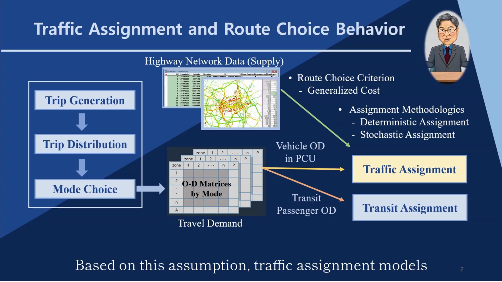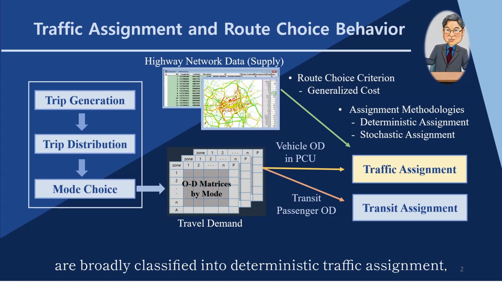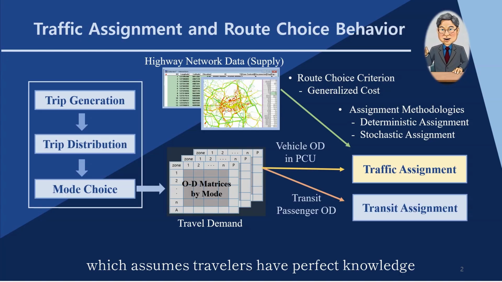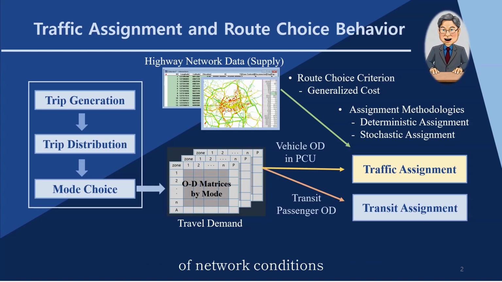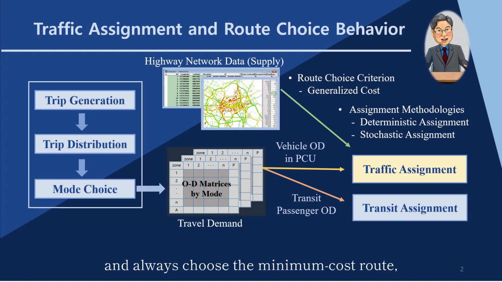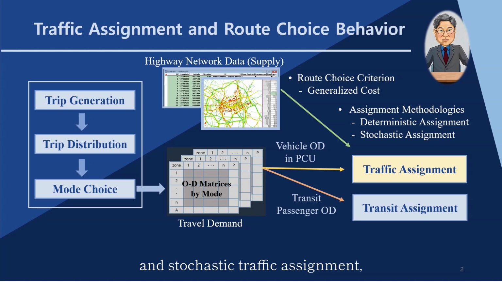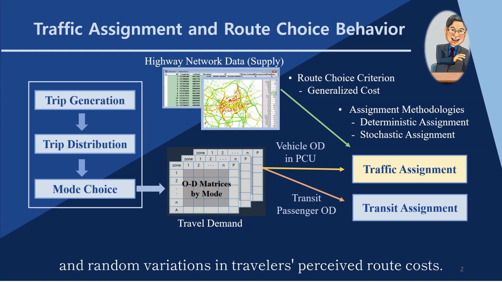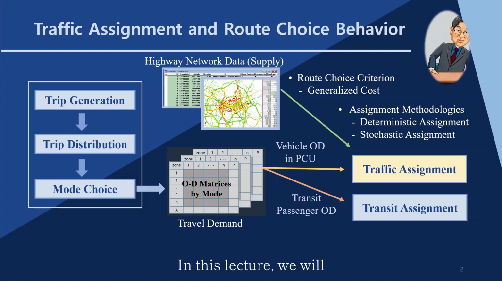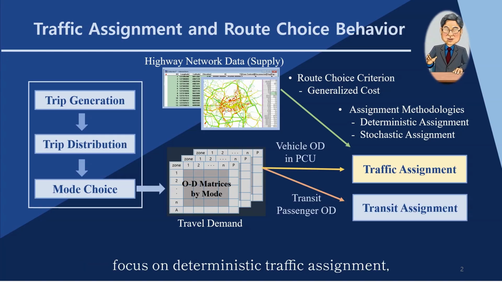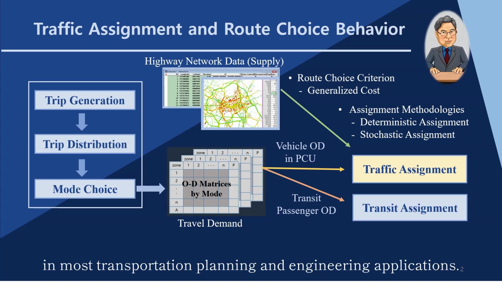Based on this assumption, traffic assignment models are broadly classified into deterministic traffic assignment, which assumes travelers have perfect knowledge of network conditions and always choose the minimum cost route, and stochastic traffic assignment, which accounts for perception errors and random variations in travelers' perceived route costs. In this lecture, we will focus on deterministic traffic assignment as it remains the standard approach in most transportation planning